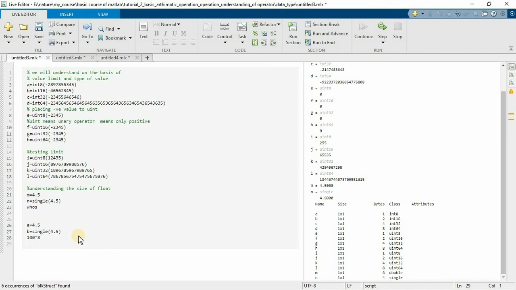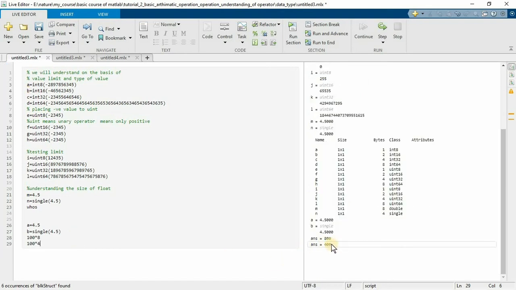Similarly, the size for the second programmer becomes 100 times 4. So the total size for the first programmer is 800 bytes and for the second 400 bytes for storing the same thing. In this case programmer B is better, because the effectiveness of any script is simple: the program should have fewer lines, consume less memory, and have higher flexibility. Considering these three things, the second programmer is right.